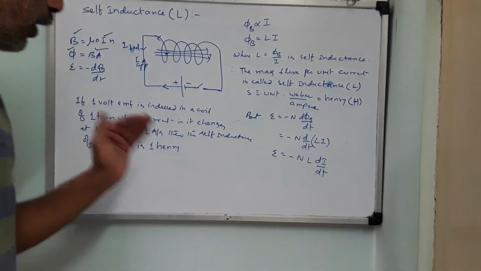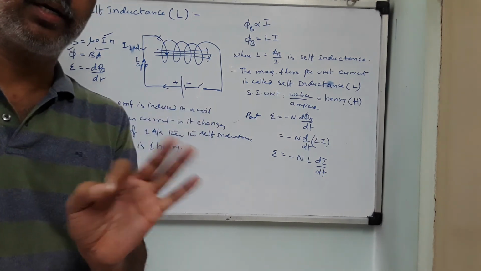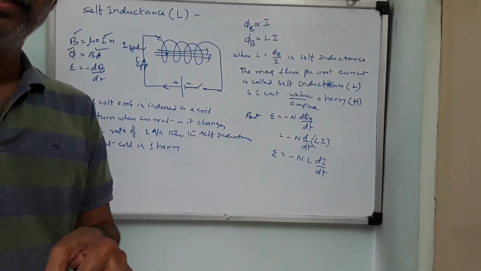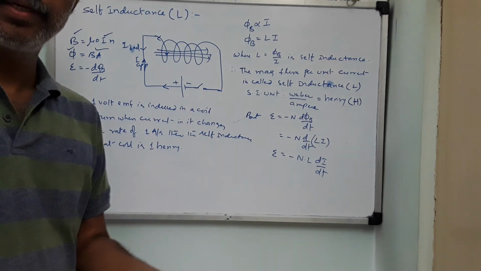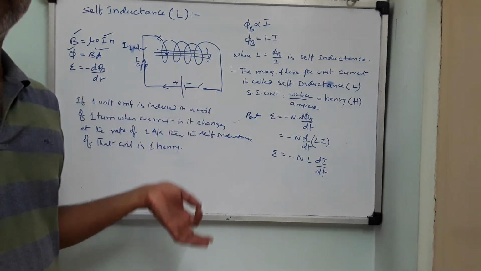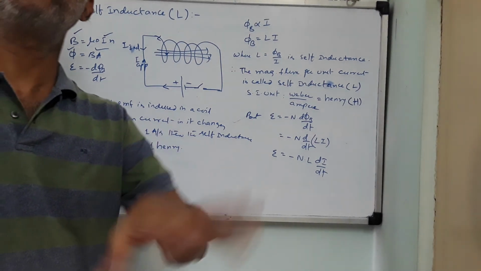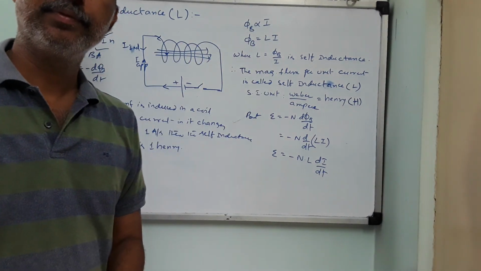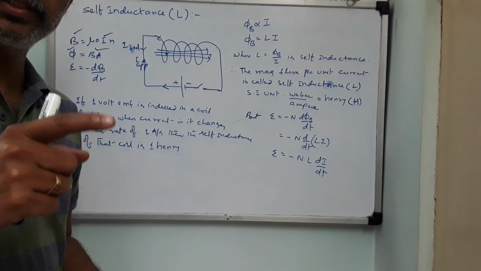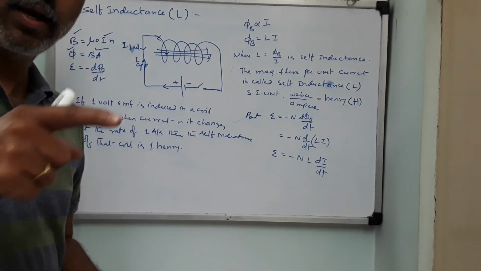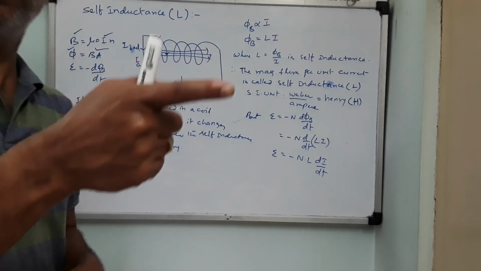Okay. So there is self-induction and self-inductance. Self-induction is not a physical quantity, children. Self-induction is a phenomenon. Self-inductance is a physical quantity. It has a unit, it has a dimension, you can measure it. But self-induction is a phenomenon which you can see. It is a property by virtue of which a coil induces an EMF in it so as to oppose the applied EMF.